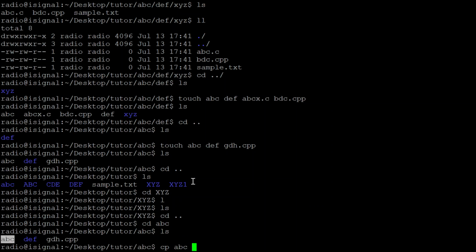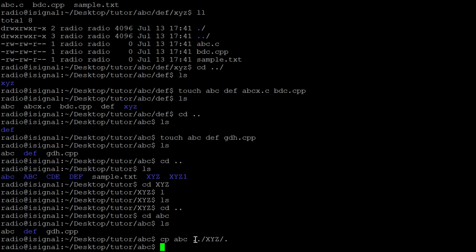Now you want to copy to XYZ, but XYZ is in the tutor directory. So how can I go ahead in just one command? So dot dot, it means you're coming one step back, slash, it means we are in the tutor, because in the tutor the xyz directory is there. So I'm going to type xyz, and in that I'm going to copy. So this is the final thing.